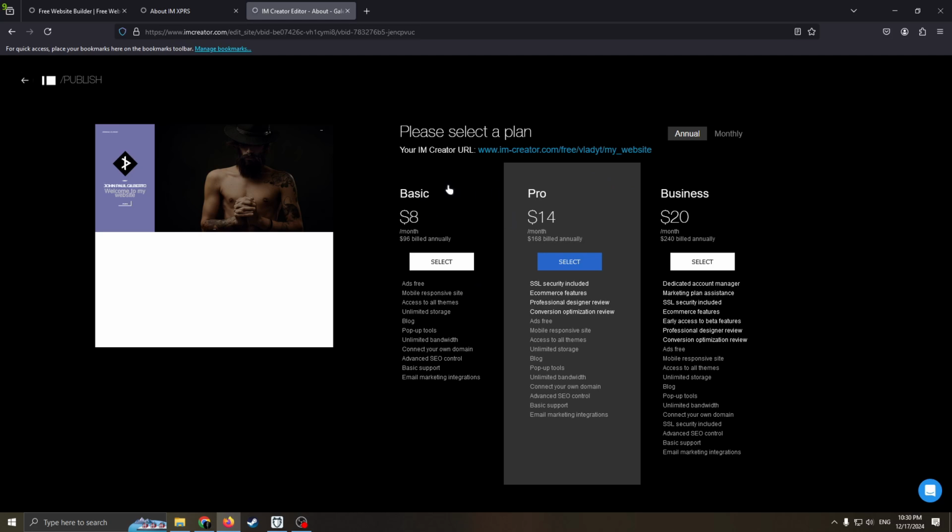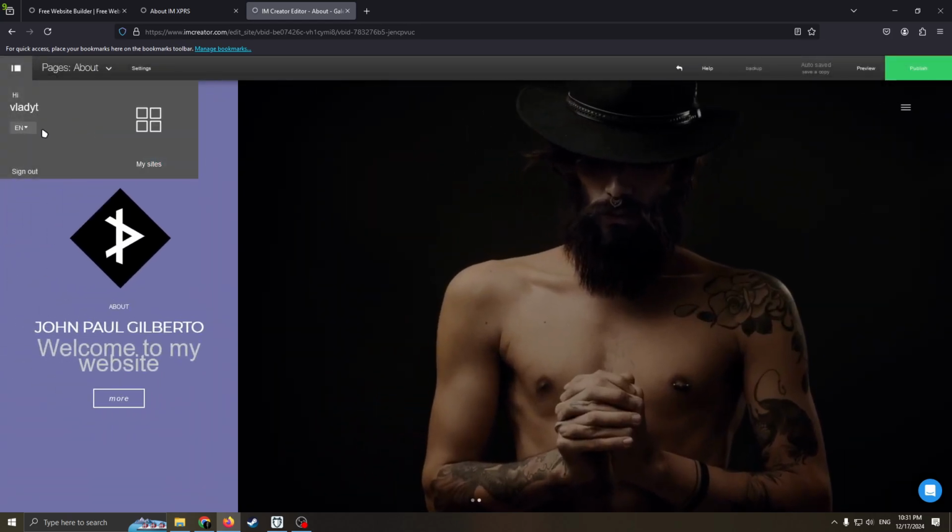You can choose only basic plan, only $8, not really expensive. So ads free, unlimited storage, blog, mobile responsive site, basic support, and of course you will be able to connect your own domain. So you will get your own domain, and